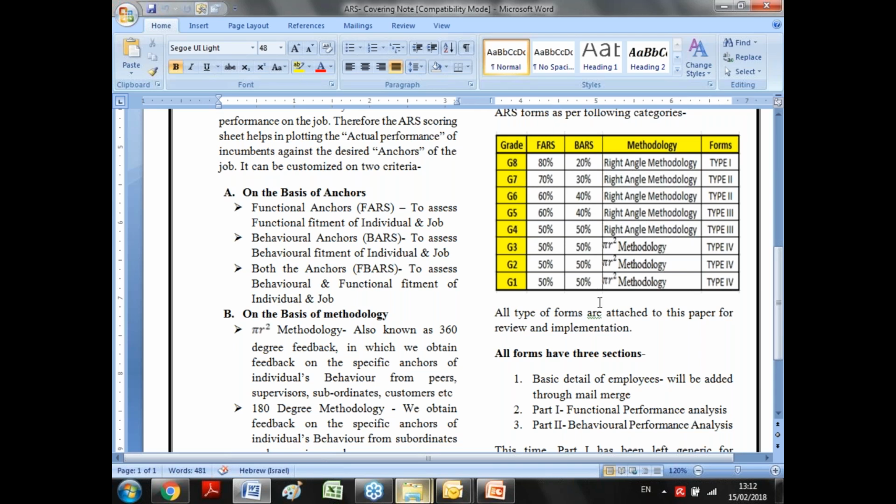Top 20% put impact upon the 80% of the organization by virtue of their behavior. So in this way, we set a different arrangement of FARs and bars, and the methodology of measurement was also different. Till G4 level, we used a 90-degree approach of responses, and at G3 and above, which is the senior-most level in the hierarchy where the behavioral problem was there, we implemented a 360-degree approach, so that whatever the outcomes are coming up,